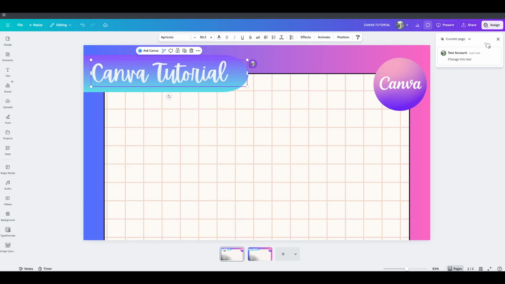A few quick tips to make your comments more helpful. Keep each comment focused on one idea so it's easy to discuss and address. Be specific about what you want changed or what you're asking, and check that you're commenting on the correct page, especially in multi-page designs. If you're leaving multiple notes, scan your design after posting to confirm they're attached where you